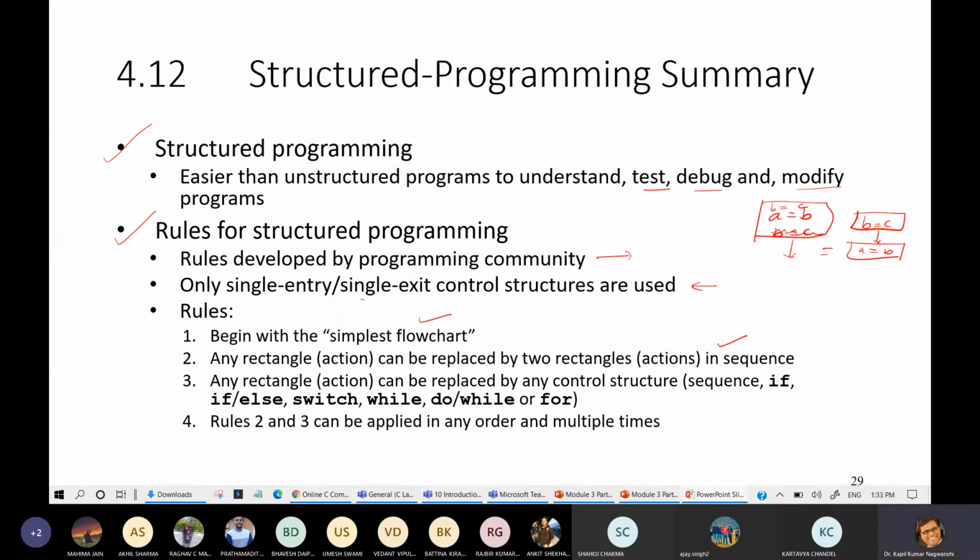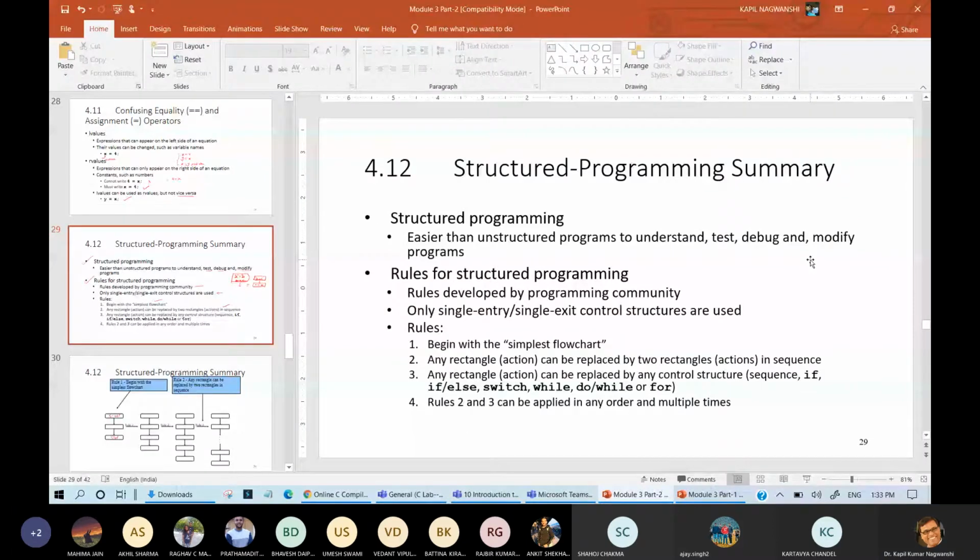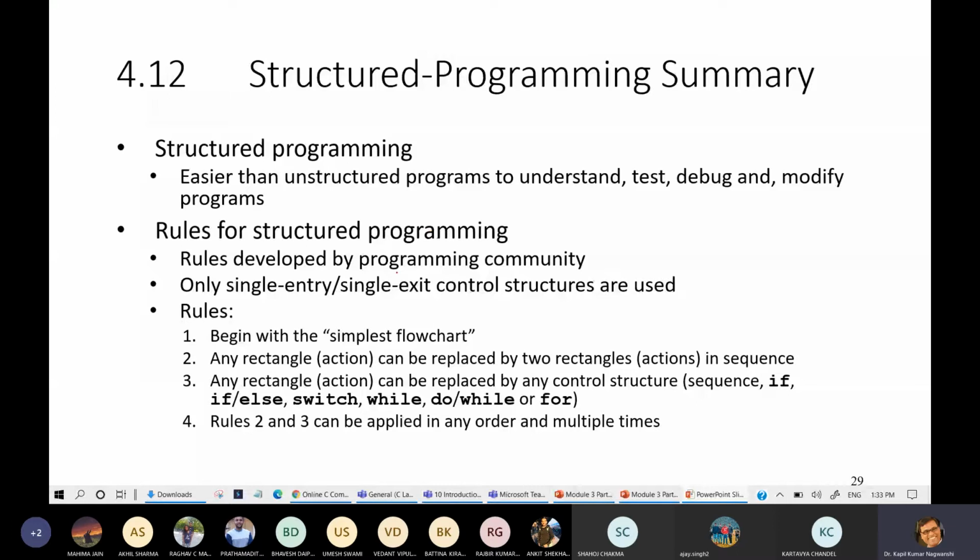Now come to the structured programming summary. Here it says something and you must try to understand the criteria. Suppose statements are written in a box.